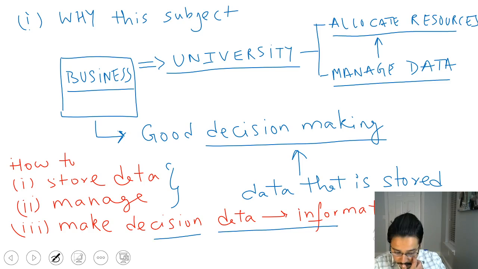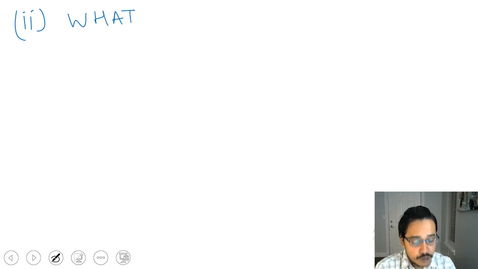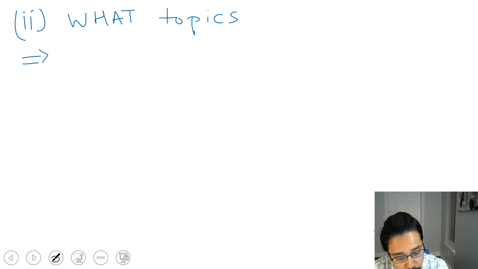Okay, so for that, what we need is to answer the question: what topics are we going to learn in this course that are going to help us achieve those three tasks that we just talked about, right? And that's where comes the course of